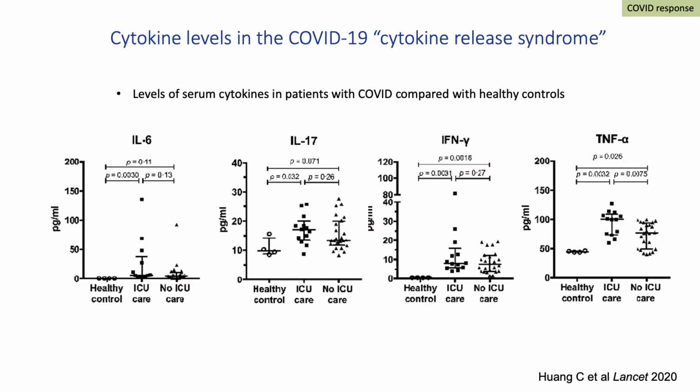Well, here are data from one of the earliest studies published out of China, and these are elevated levels of cytokines. I've chosen just a few from this paper that measured more than 20 different molecules, and you'll see high levels of interleukin-6, interleukin-17, interferon gamma, and even TNF, particularly in those patients who were in the intensive care unit. However, look at the y-axis. The actual concentrations of cytokine being measured are in the hundreds or even less, and certainly are not in the thousands, those being the levels that were originally described in a so-called cytokine storm.